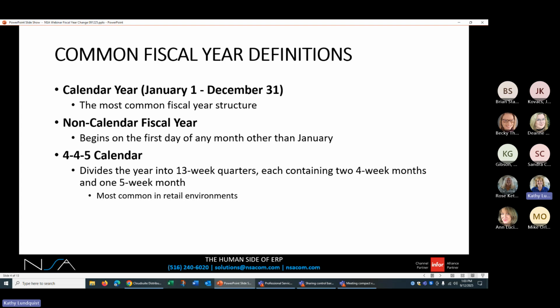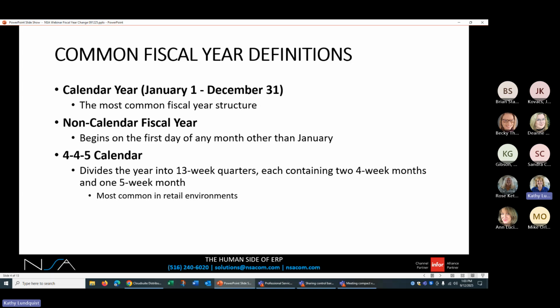The next most common is where it is still something based on a calendar year, but it doesn't necessarily start in January. So this could be, for example, we might see your fiscal year begins in April and it ends in March. And even though it is not a strict calendar, it is still what we would call a typical